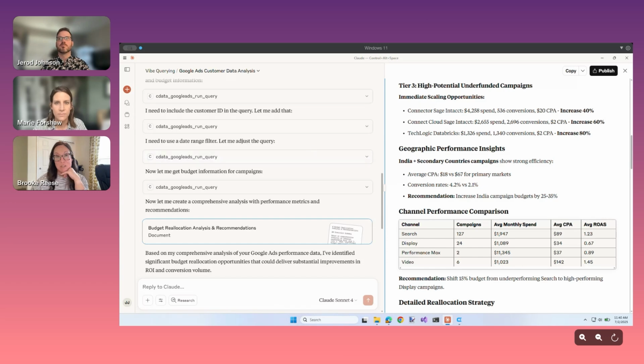What I think potentially would be interesting is if we could get this to give us a summary of what changes we should make to the current budget and what performance it expects out of the new budget. Like if we increase this campaign budget by 40%, how many more conversions are we going to get? So maybe we can get a table of budget change and then expected conversion improvement, that would be interesting. Okay, so what if we implement the tier 3 changes,